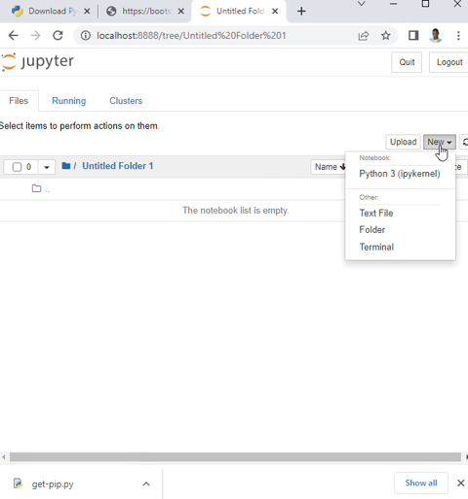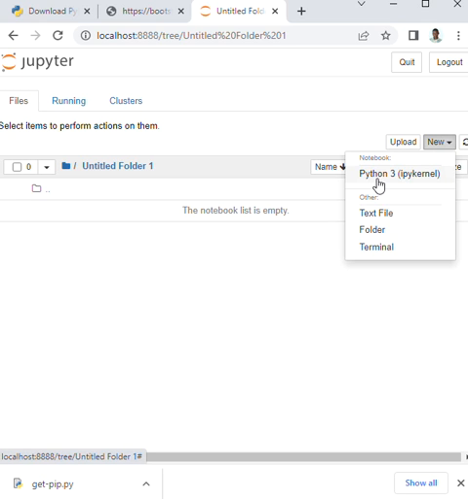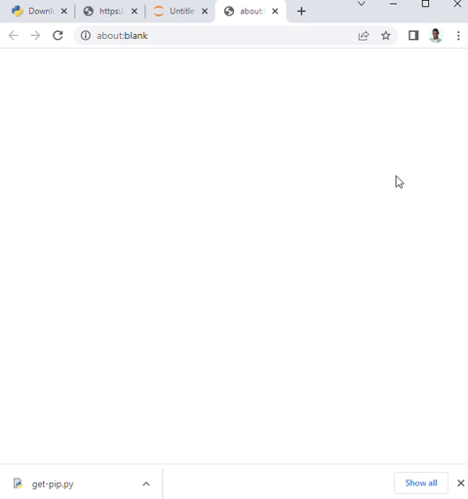To create a Python file inside that folder, all we need to do is start that same New button with a drop-down. Then you see Python 3 with the text in parentheses, ipykernel. You click it, and it's going to open a new page for you,